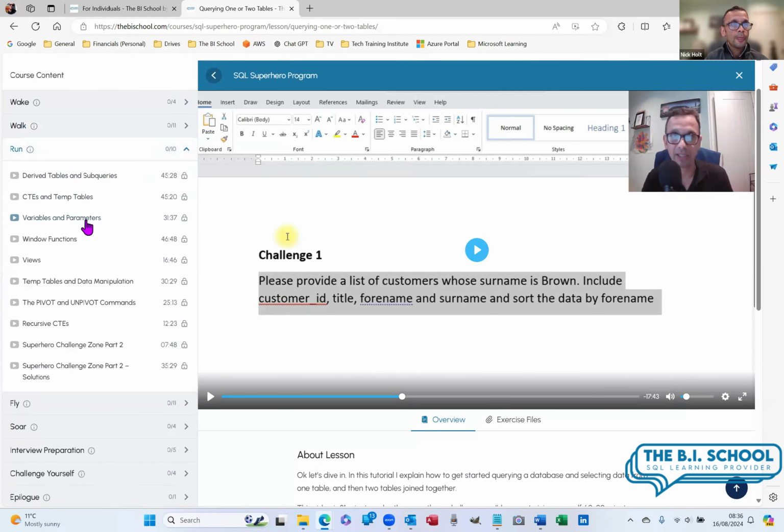Next is run, where it gets a little bit more complicated. So derived tables and subqueries. CTEs, that's a subject which often gets people really, really confused. Variables, window functions, that's a classic, that one. Views, and all the way down to here to the super challenge. So I've got the